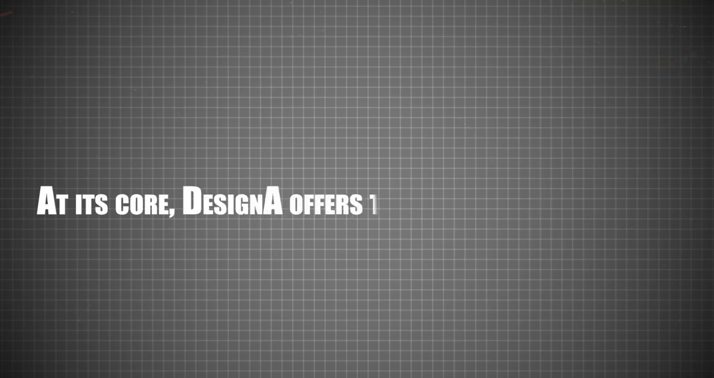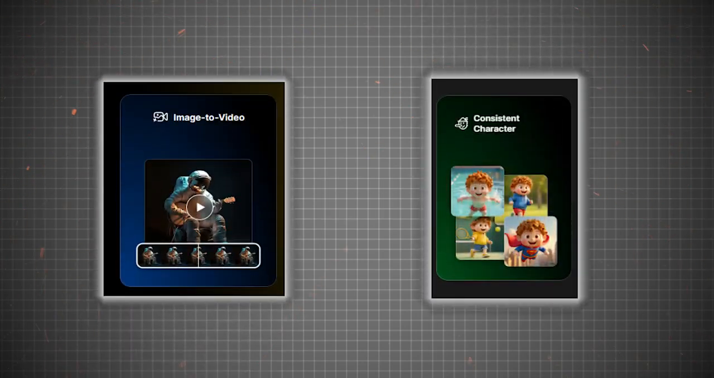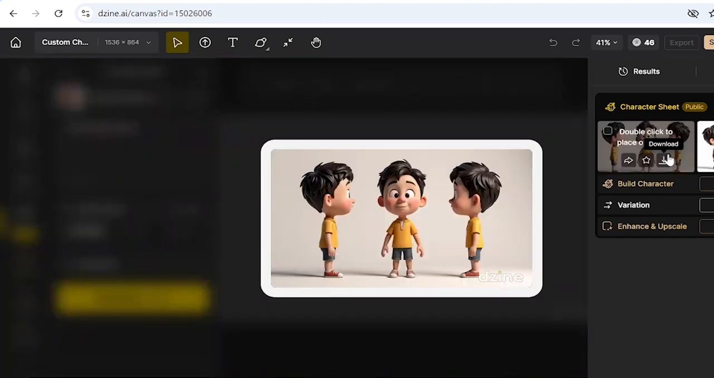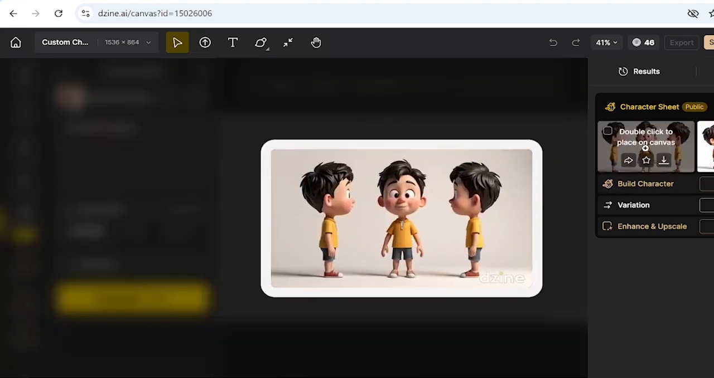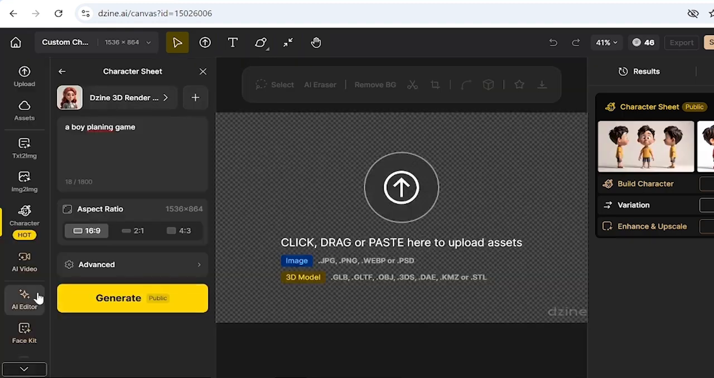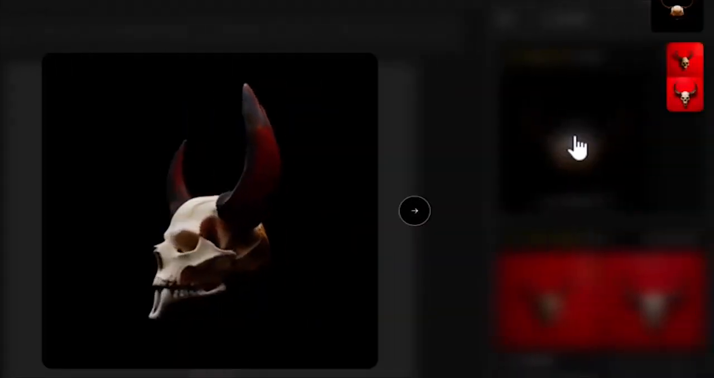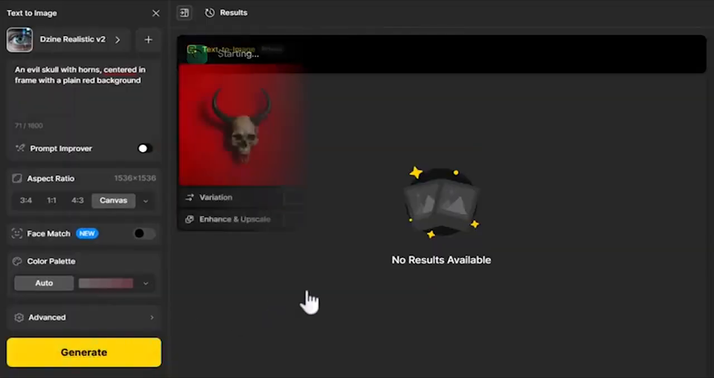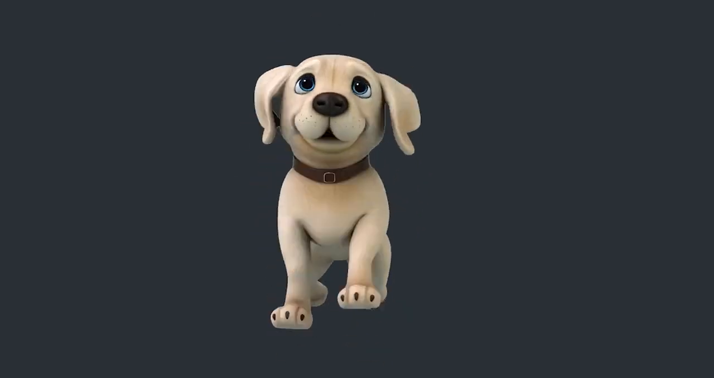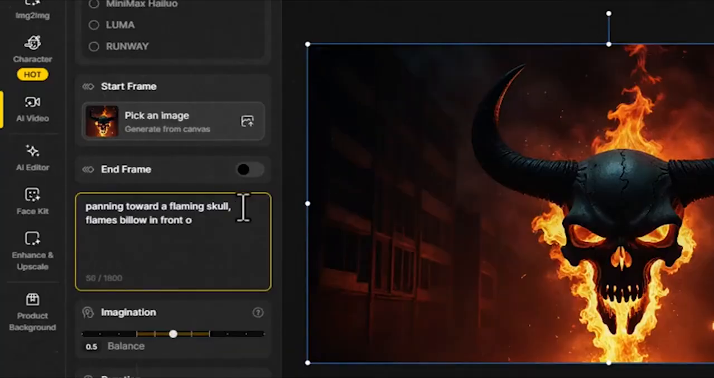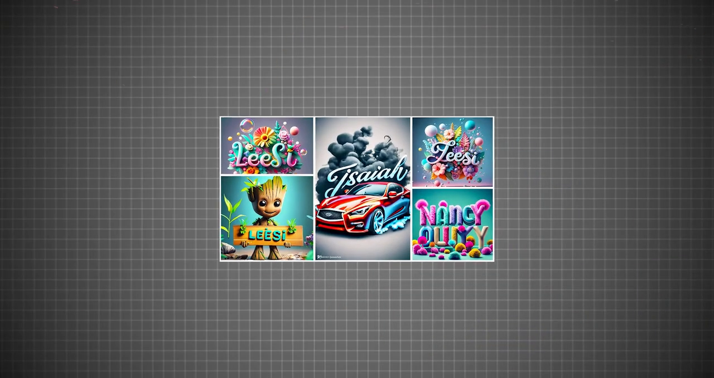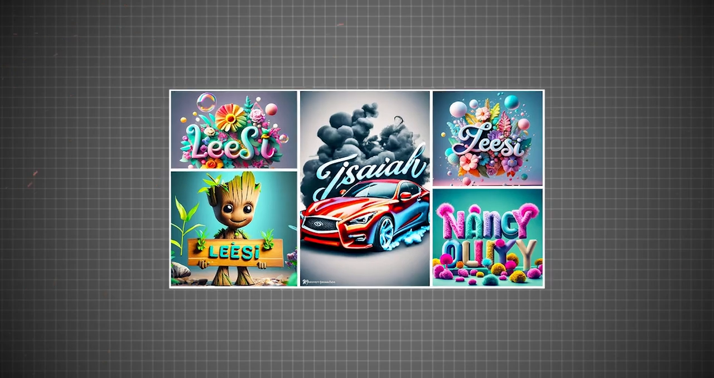At its core, Design A offers two powerful functions: text-to-video and image-to-video models. These models are designed to generate dynamic content from simple text prompts, enabling creators to transform their written ideas into visuals in a matter of seconds. Whether you're looking to create a scene, character, or even a full-fledged animated video, Design A can help you achieve it effortlessly. One of the standout features is the ability to fine-tune models, allowing you to customize the AI to